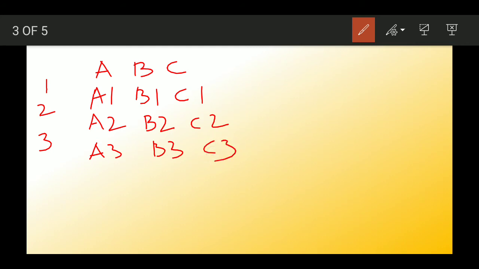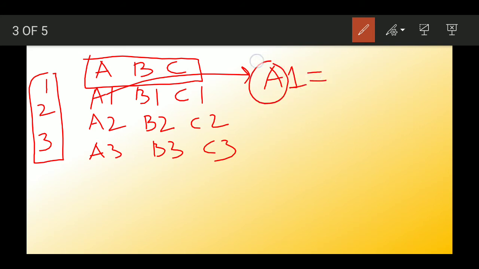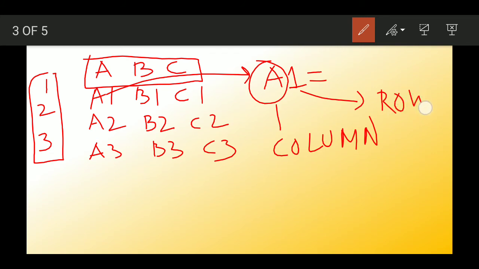To write any cell reference, first we write the column, okay, then we write the row number. So this A1 has column A, this is the column, and this one is the row. So the combination of column and row number makes a cell reference. Okay,